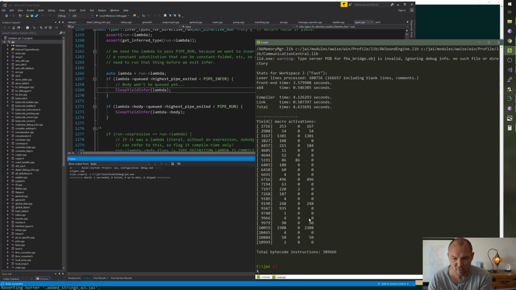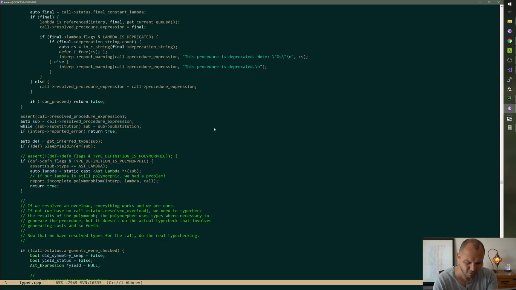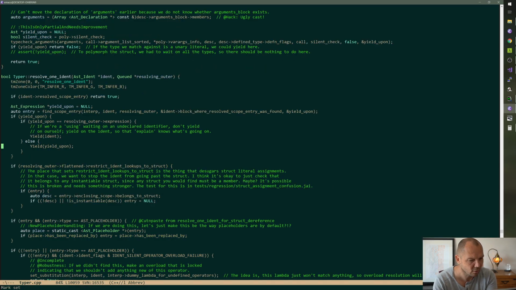Okay, so let's look at this one, because this is the other one that's above like 2000, right? So 1005, this one's in the type. No, it's not. Let's see. Resolve one ident. Okay, this is just an identifier binds to something that we don't know what it is.